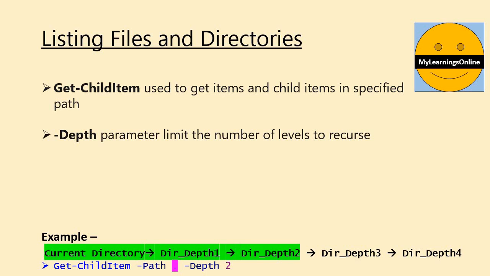If you want to list the contents of the specified directory only, that is the current directory, then we can use numeric 0 with the depth parameter. Please note that the directory specified under the path parameter always represents depth 0. I have highlighted this in pink color for easy identification.